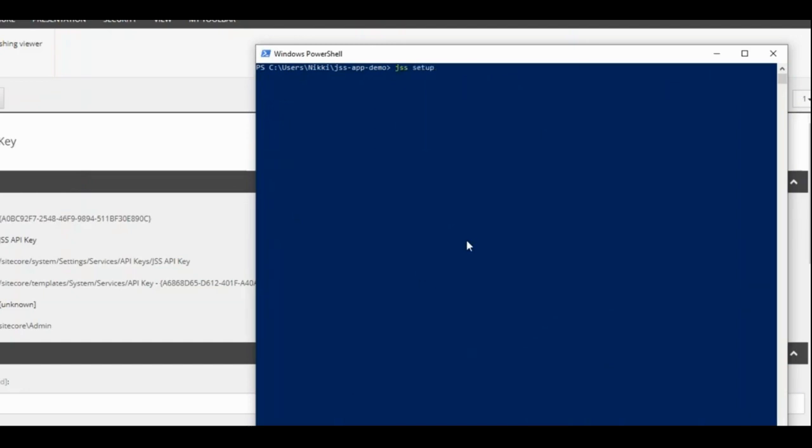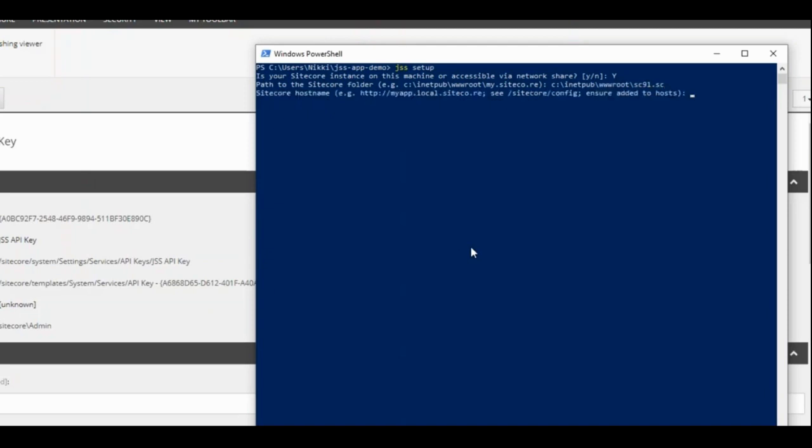Then I'm giving the command jss setup. What it will do is ask for all the details: what is the Sitecore folder path name, host name, import service name, and API key as well.